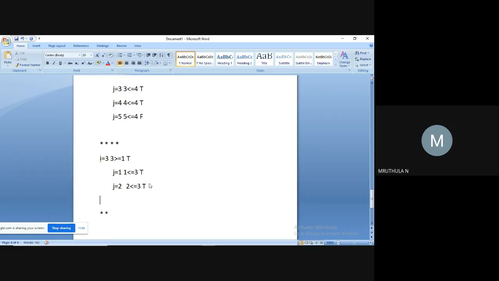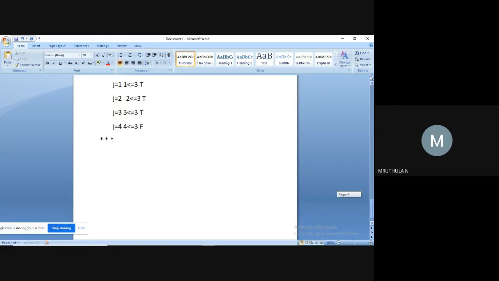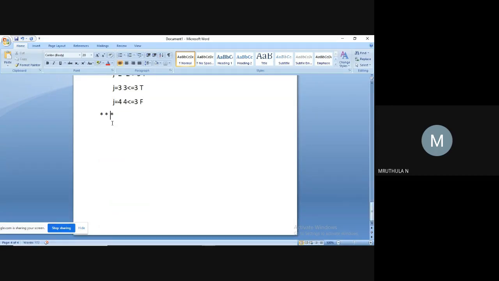Then the closing brace of j. j will be 3. 3 less than or equal to 3. Condition true. So again, it executes the body of the j for loop. Again, it displays a star and some space. Then j will be 4. 4 less than or equal to 3. Condition failed, so it exits from the j for loop. There it will see a new line. And i is again decremented to 2. And 2 is greater than or equal to 1.